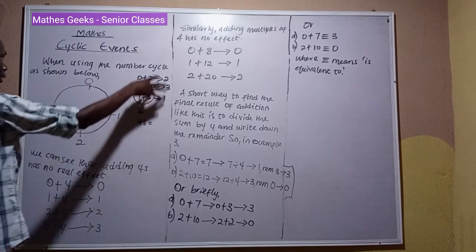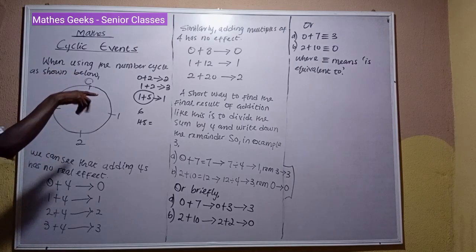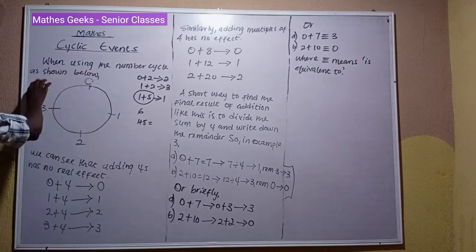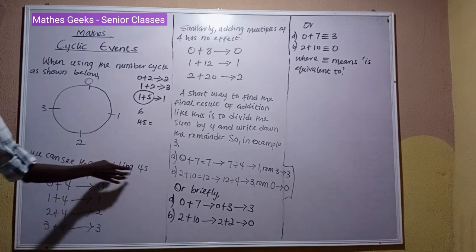And the deal of this is what modular arithmetic is all about, the mathematics of remainder. So I will get to that. When I get to that point, I will explain what that means. So when using the number circle as shown below, which is this number circle, we can see that adding 4